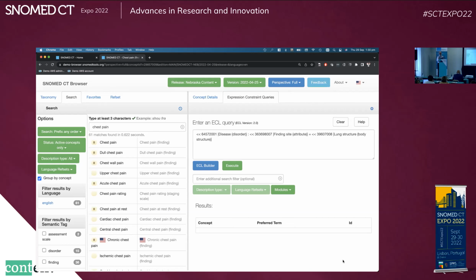When I say okay, I come back out here and you can see it's built the expression constraint query in the formalisms, okay? So you don't have to worry about the details of the formalisms at this point. And if you go ahead and execute that,